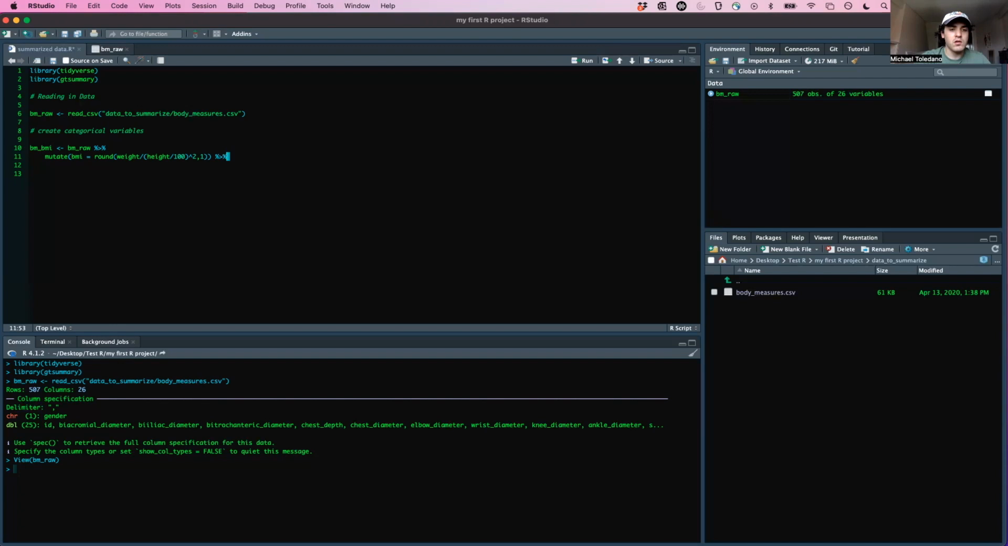So the way to do that is we're going to do mutate again. We're going to be making a binary, 2 variables. I'm going to make overweight, and then I'm going to make obese. So overweight, we'll do overweight. We're going to say,